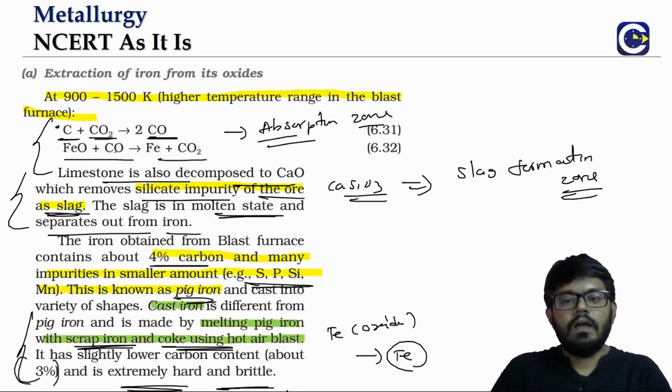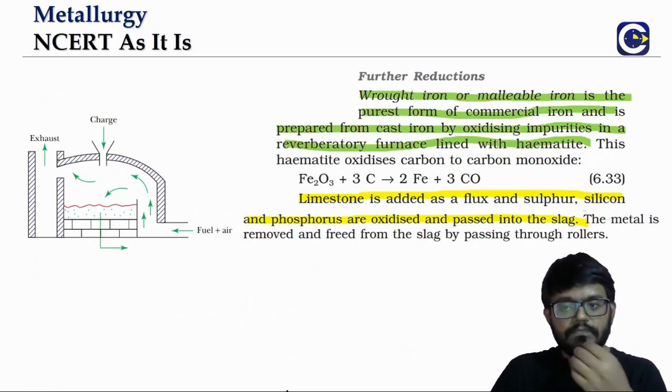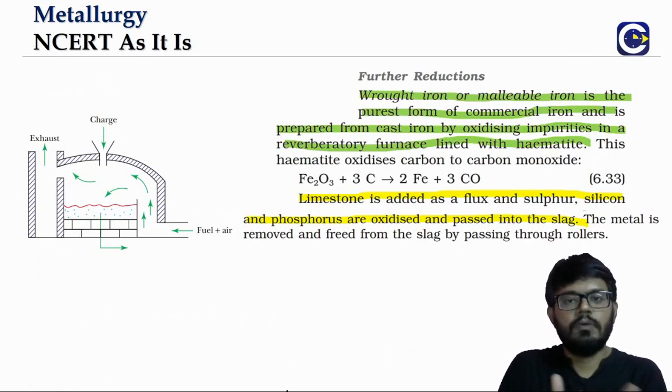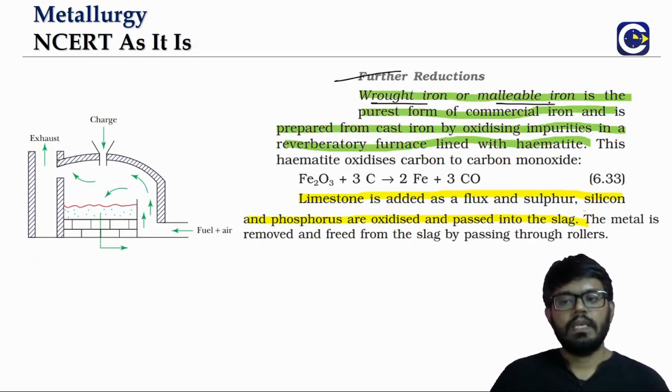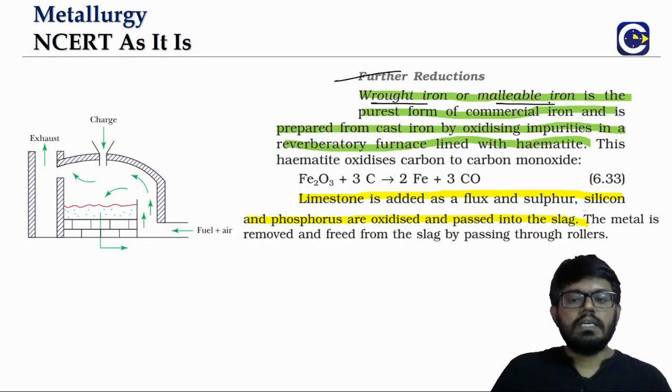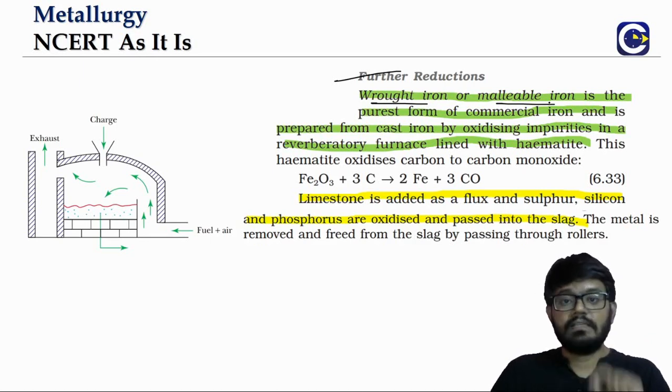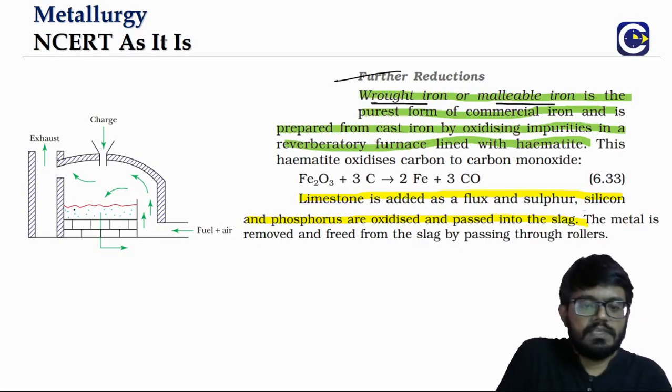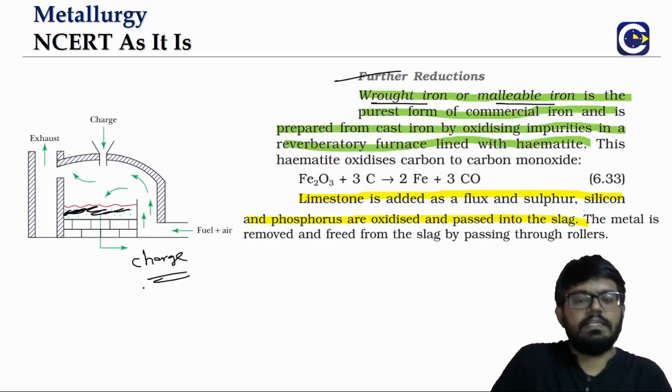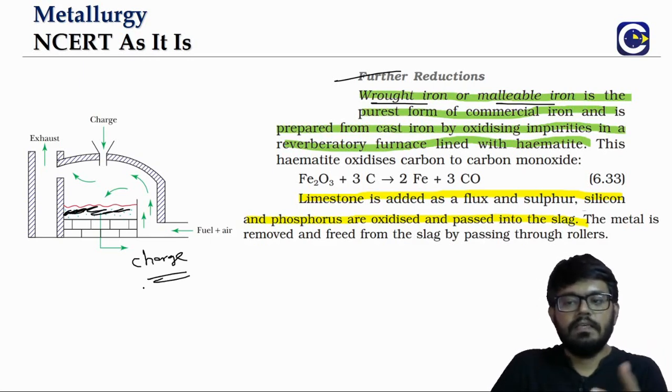But then how do we obtain the commercial form of malleable iron? So malleable iron is also called as what? Wrought iron, okay. So we will obtain the wrought iron by doing a processing using the reverberative furnace. Remember what I said, this is the second type of furnace. We will use the reverberative furnace in copper extraction also. So the difference is in reverberative furnace, right? So this is basically the furnace charge, like that we will say.